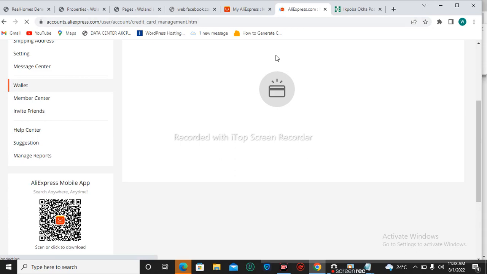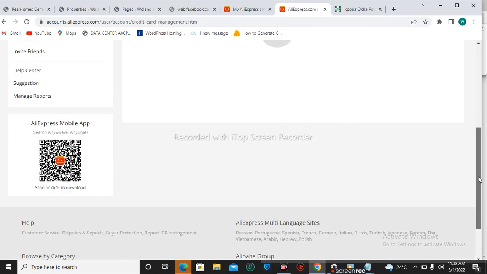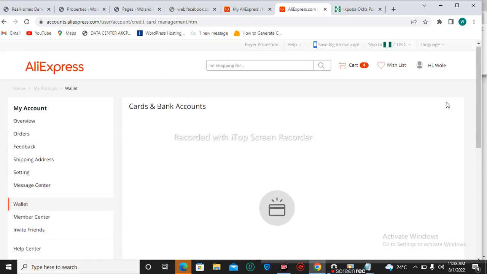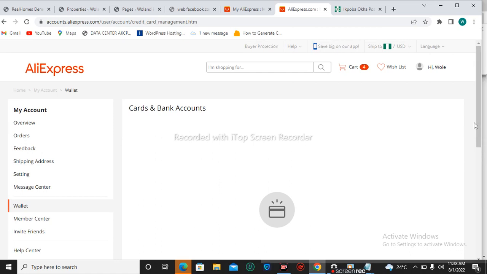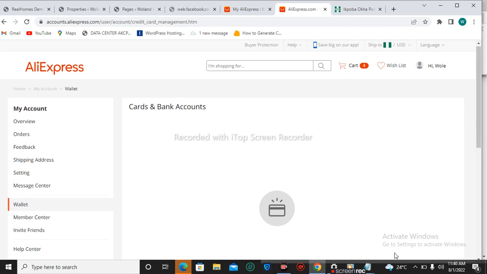Meaning you can create a wallet, but meanwhile you can put in your bank details. As you can see, nothing is here to display because you have not put in your bank details. You can go back and